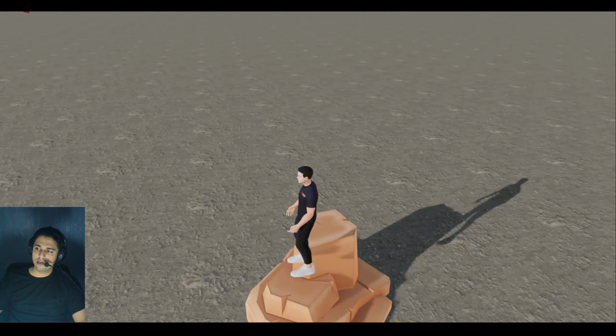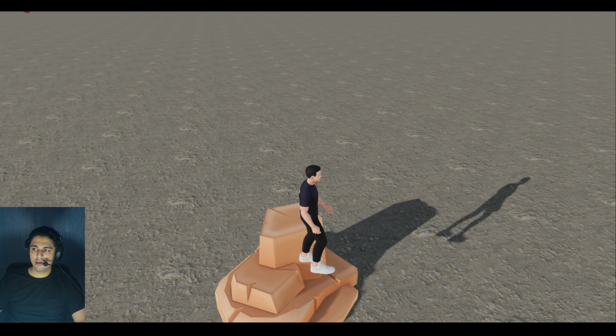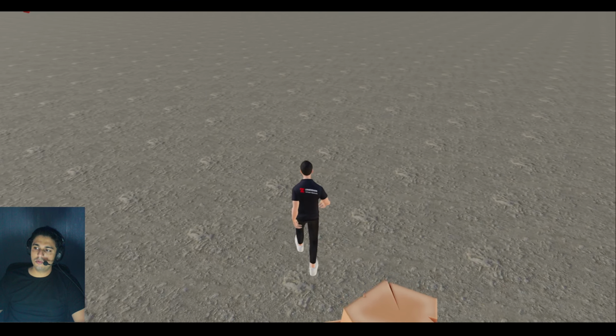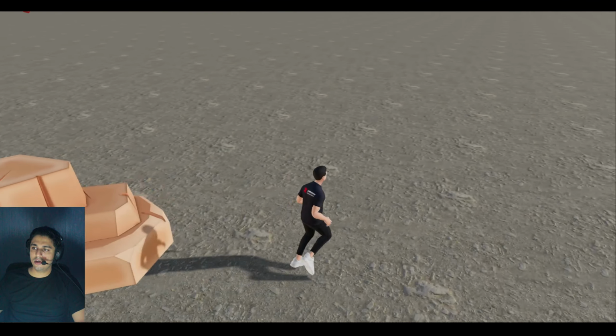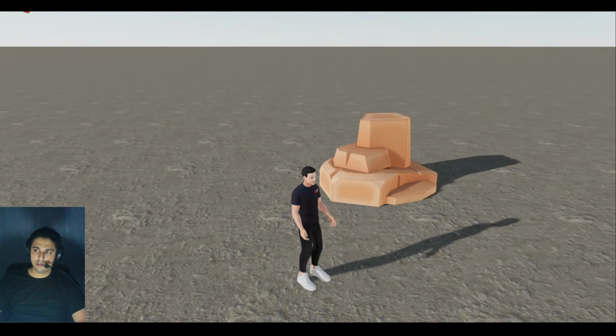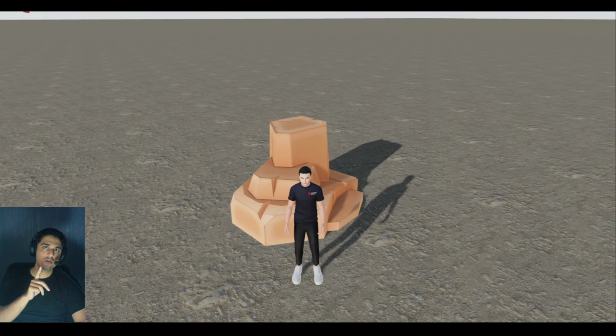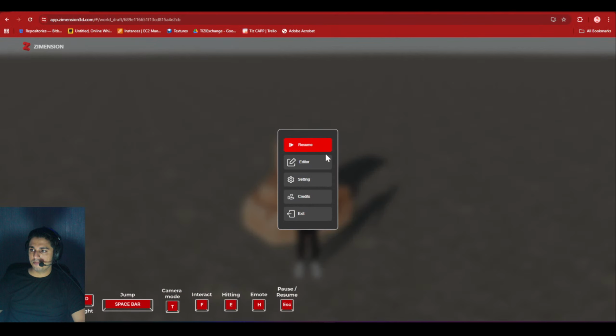So if your object is not meant to be collided with precisely or you don't need to stand and walk on it, just make sure the collision is box, right? Otherwise, it will check all those vertices, and if your object has, let's say, 100,000 vertices, then it will impact performance in object mode. But if you do it in box mode, it will run smoothly. But again, it won't collide properly.